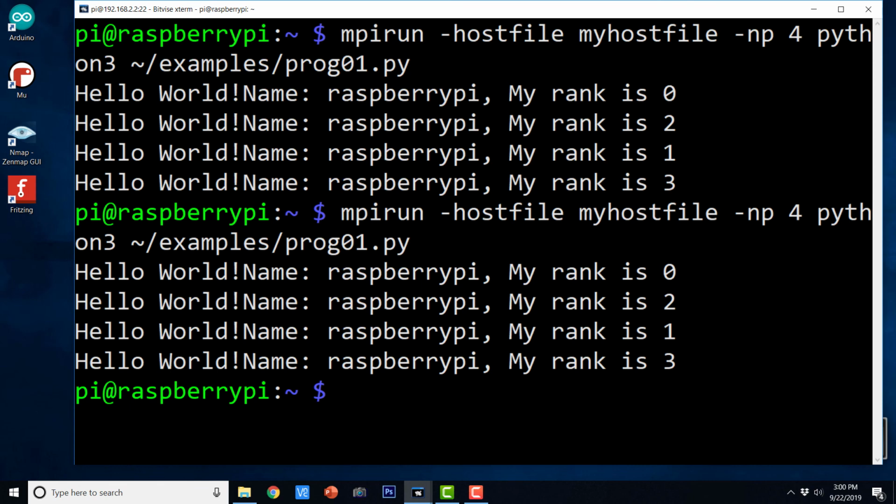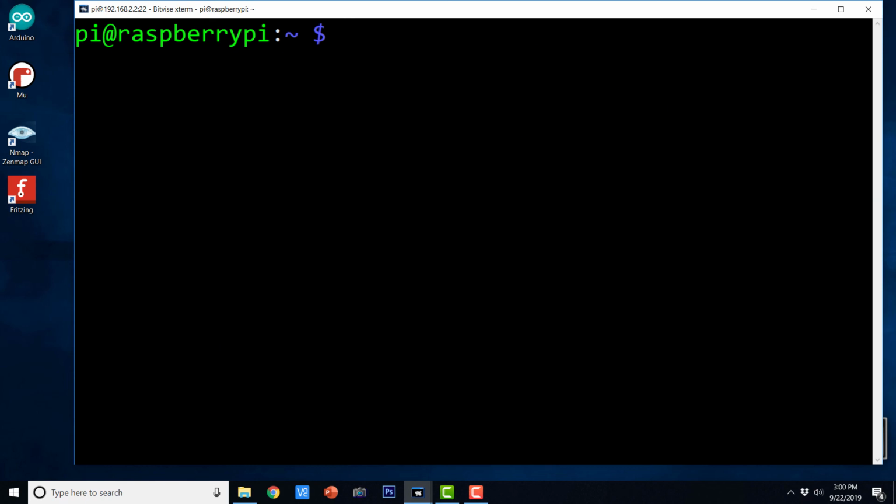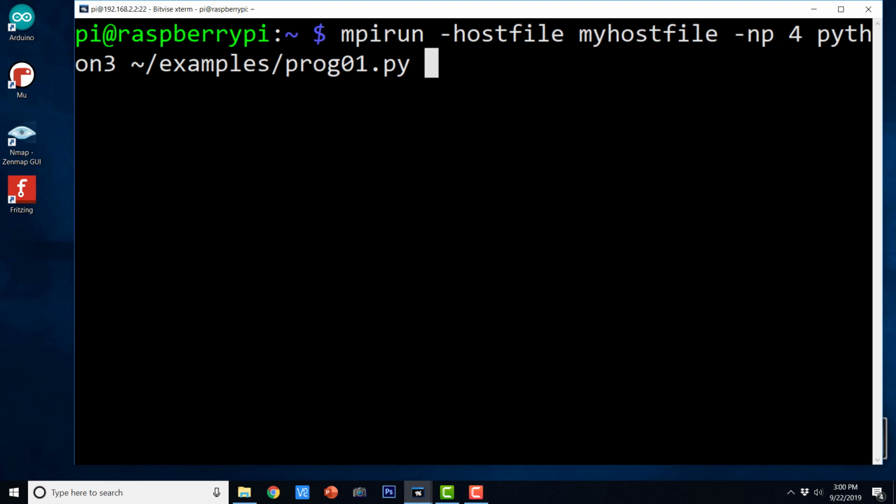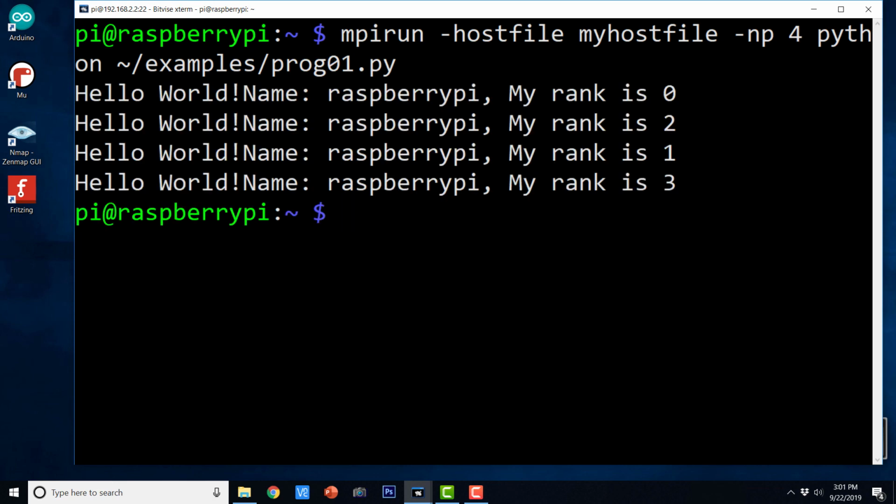Okay, now we can even run it with the Python 2 interpreter. I have written the program deliberately in such a way that it can be run with the Python 2 interpreter also. Okay, so we just need to delete this 3 and it is going to invoke the program with the Python 2 interpreter, and this is the output 0, 2, 1, 3.